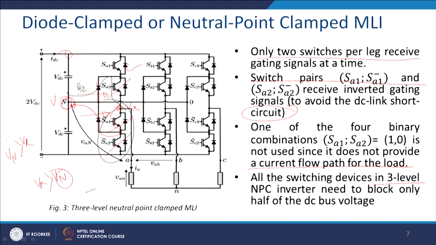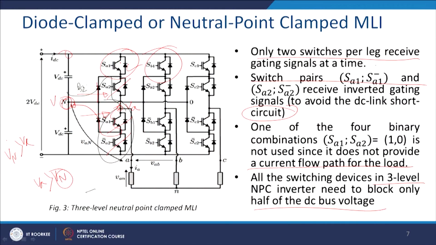You can see that all the switching devices in a 3 level neutral point clamp, or diode clamp, inverter need to block only half of the DC bus voltage. Thus, you have uniformity in the bill of material, in abbreviation we call BOM. So, you require to purchase all the IGBTs of the same rating, and that gives you a reduced component count in your bill of material, and also as I told you